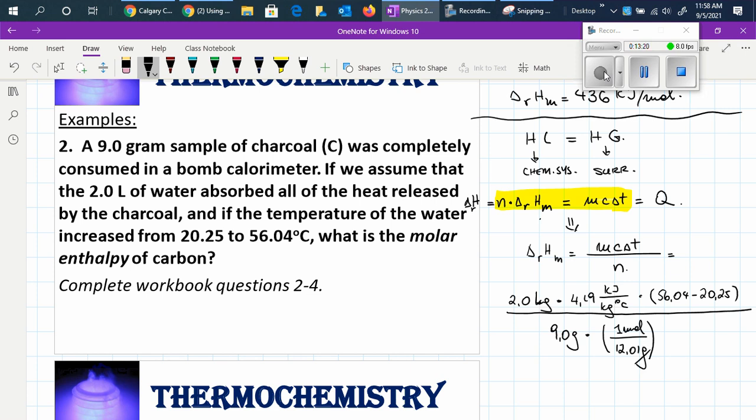So grams and grams of carbon cancel out. Kilograms and kilograms of water cancel out. Degree Celsius and degree Celsius cancel out. So what we have here in terms of the units is kilojoules per mole, which are the units that we were expecting. Then after you plug it into your calculator, you will find that it is